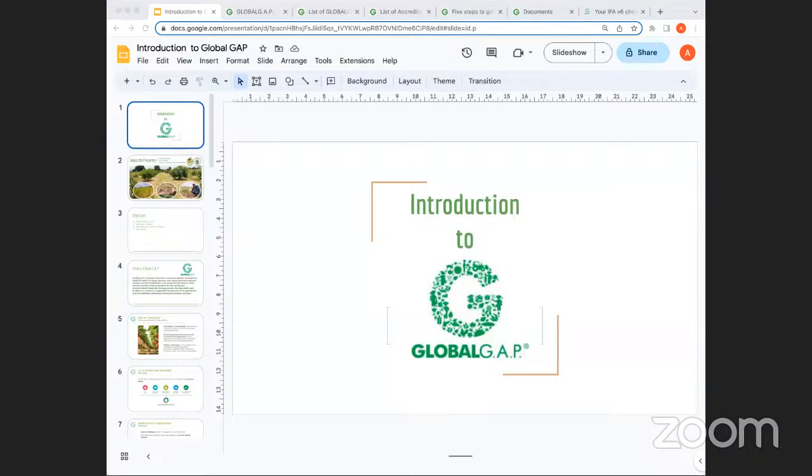We've got with us Mr. Daka, who's going to give us an introduction to Global Gap. Mr. Daka is a member of the Lusaka Avocado Multipurpose Cooperative. Some of you might be members of LAMCS. You're very welcome. This training is for ACUZ, therefore all other cooperatives will be able to join into this training.